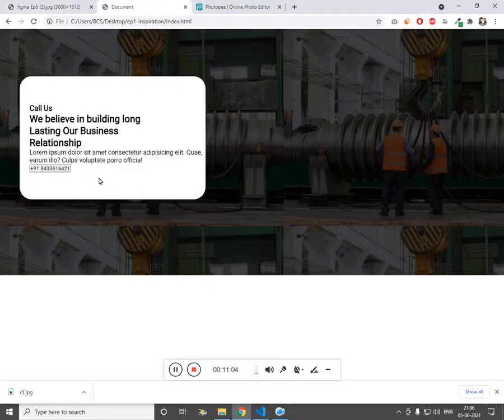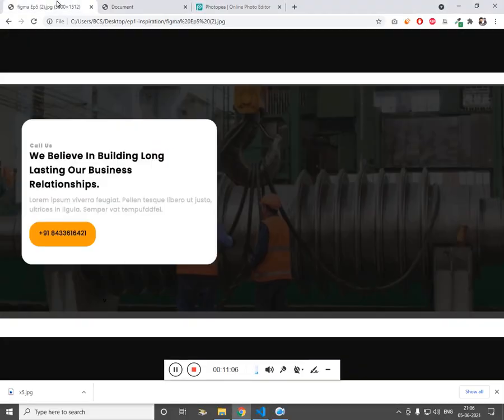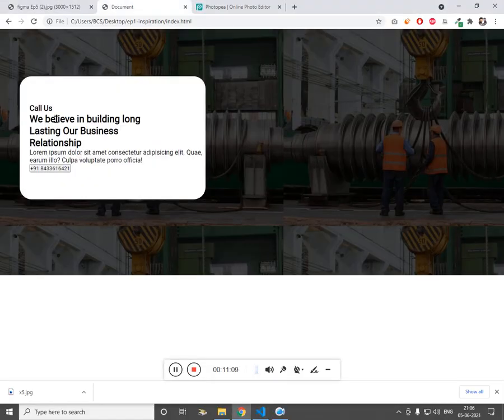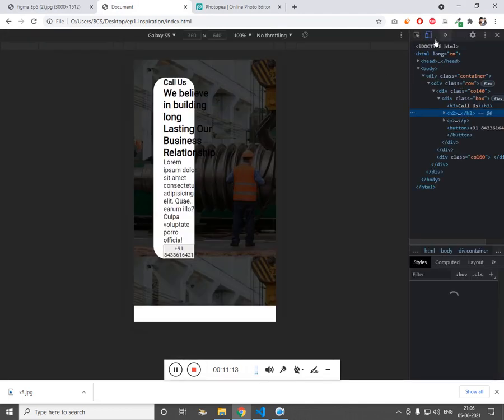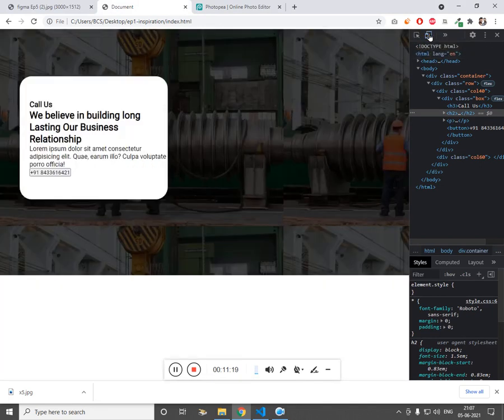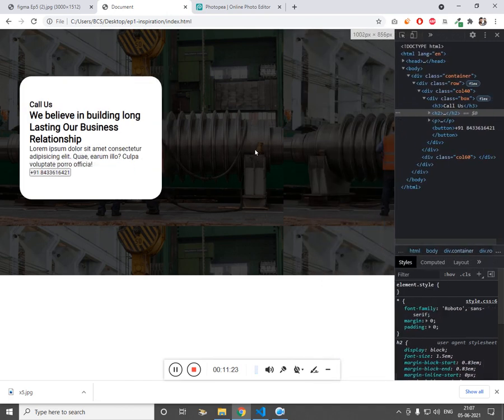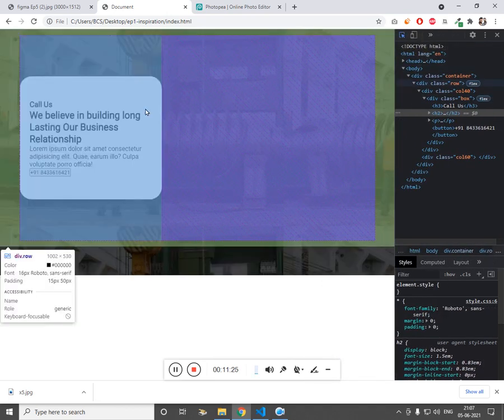Cool. Now let's design the section. We'll use the inspect just to save time so that we can see. So right now you can see the responsive is gone. We'll work on the responsiveness. First we'll work on the desktop.